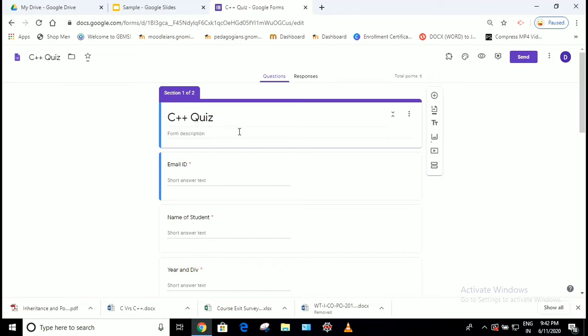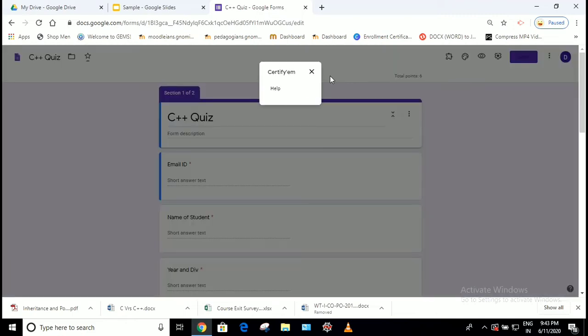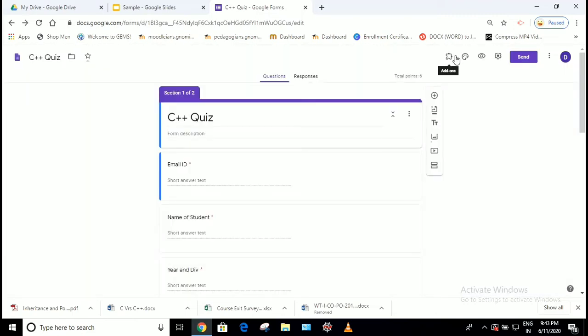For this quiz, I am going to provide the certificate. Now click on this icon and click on Certify EM. Once you click on this Certify EM, then you will be redirected to the certificates option.